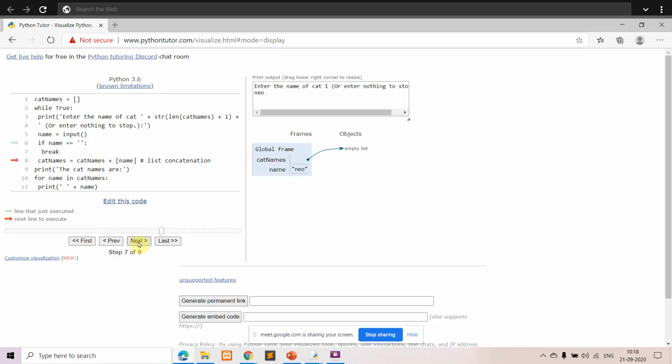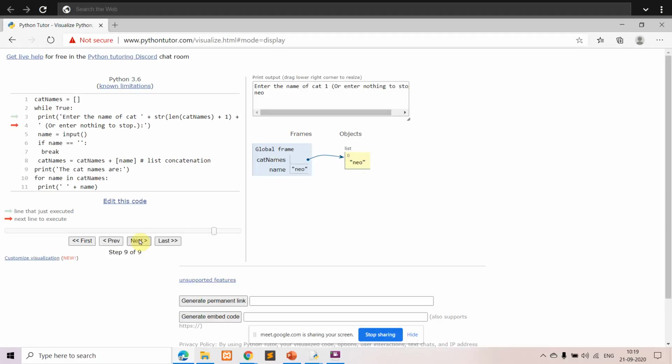So otherwise, now I will enter something. Okay. So what is this? cat names is equal to cat names plus name. So initially, your cat names, that is this particular location. So here in the beginning, what happened? The list was created. In the list, to access each of the elements or values, or you can also say items of the list, we are using the index. So you can see here this particular name, the first name what you have entered, that is stored in this index position 0. Like this it goes on.